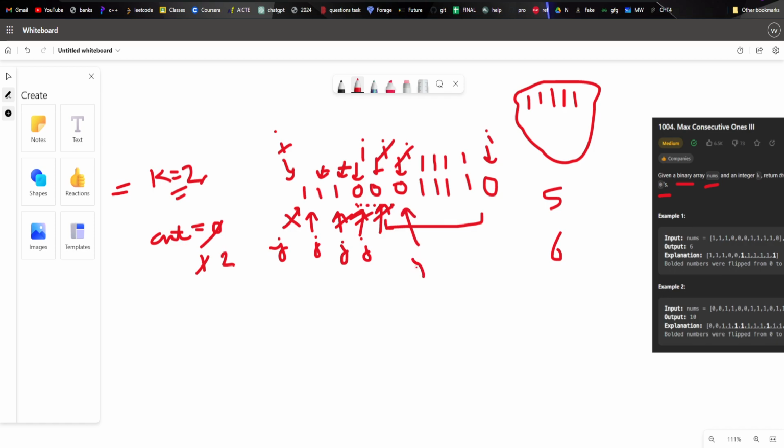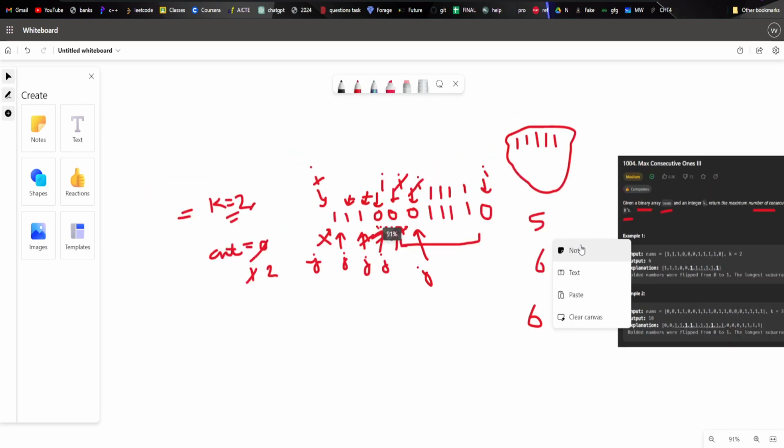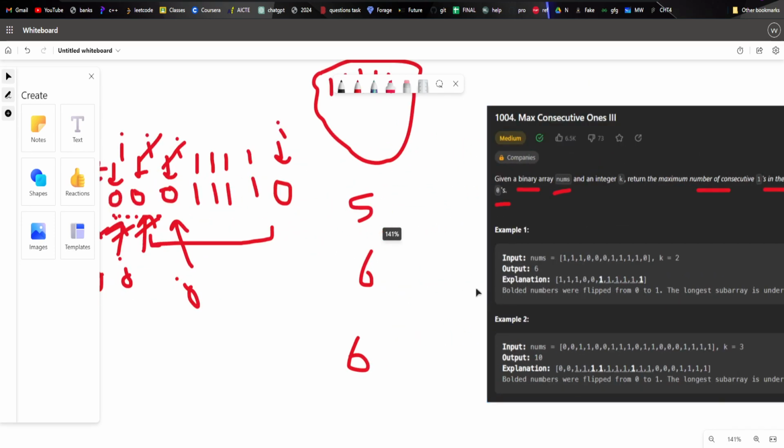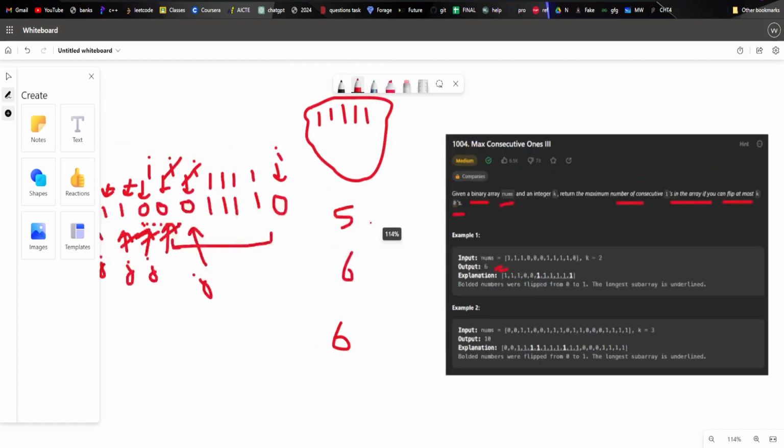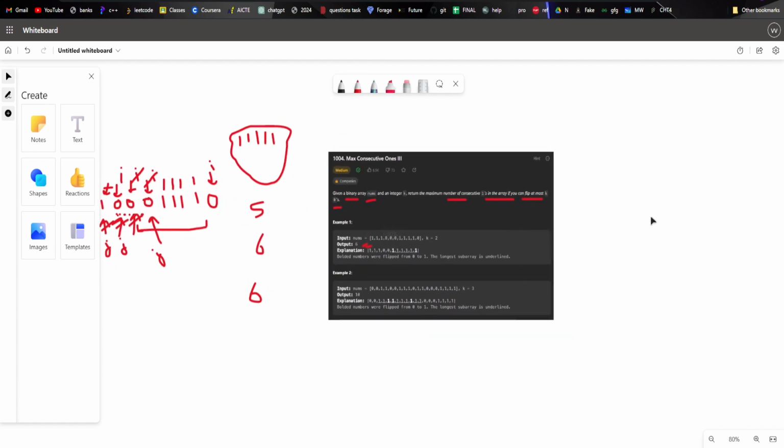That is again length 6. So the maximum length I can achieve from this configuration is 6.